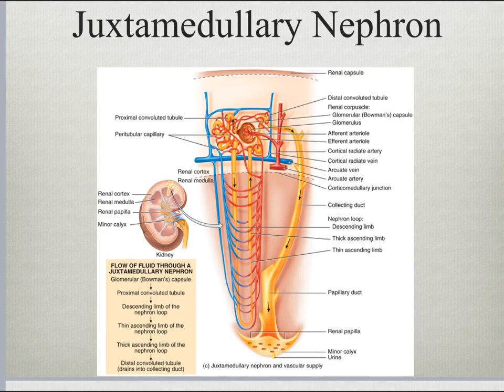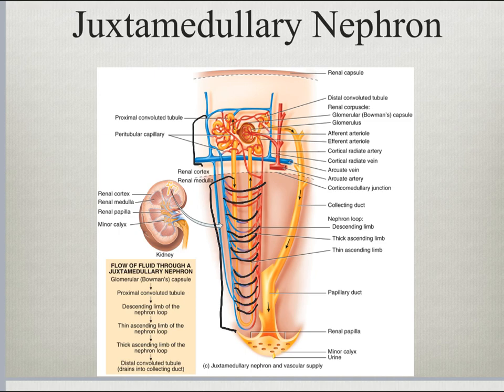So let's take a look at what this structure looks like. And right away, we see a small part in the cortex, and the majority of this nephron is going to be located in the medulla. Now pay note to these vasa recta, long, sweeping capillaries. Okay, this is going to help set up something called a countercurrent exchange mechanism. So we'll talk about that a little later on in this lecture, and also in our next part 2 of this lecture, and what that does to form a concentrated or dilute